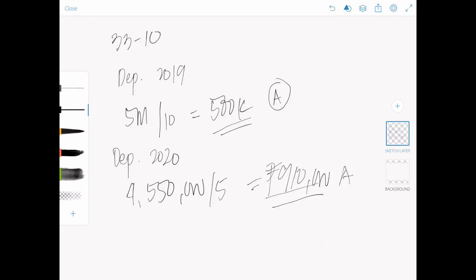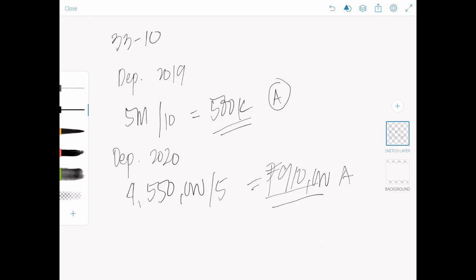Again, we use 4,550,000 because this is the new revalued amount, or the fair value of our equipment, the replacement costs, and then the remaining useful life of the PPE is 5 years. So that is our new depreciation. And the last question is the revaluation surplus for